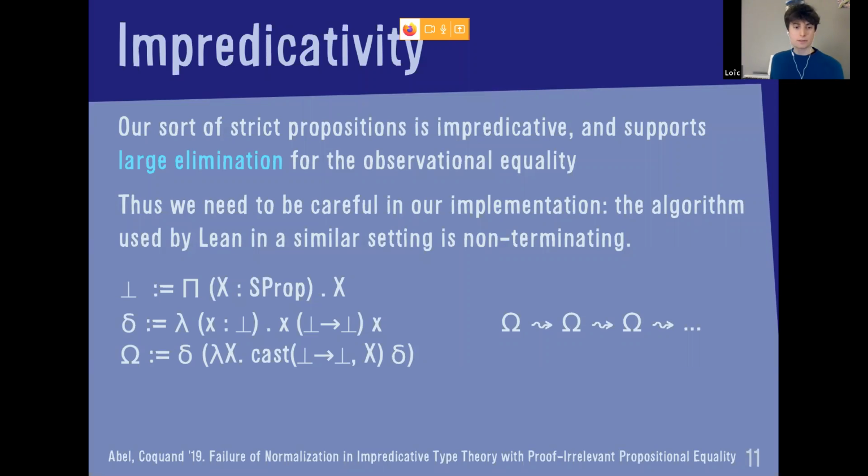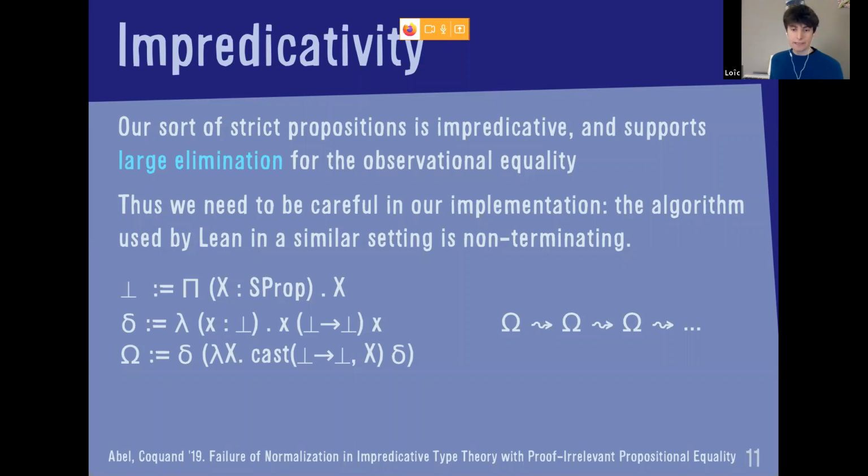So Abel and Coquand constructed this example, which is, well, in that case, translated to the language of observational type theory. And so we see that the bad term that was designed by Abel and Coquand in the case of the type theory in Lean can be replicated inside our observational version of the calculus of inductive constructions.